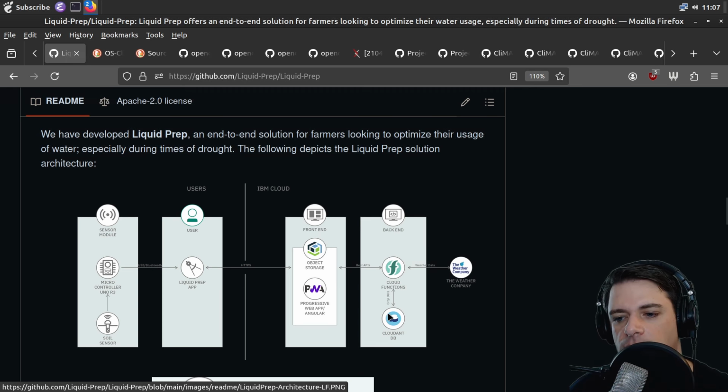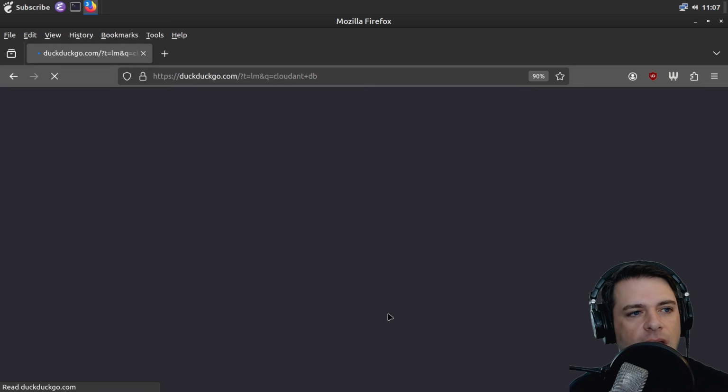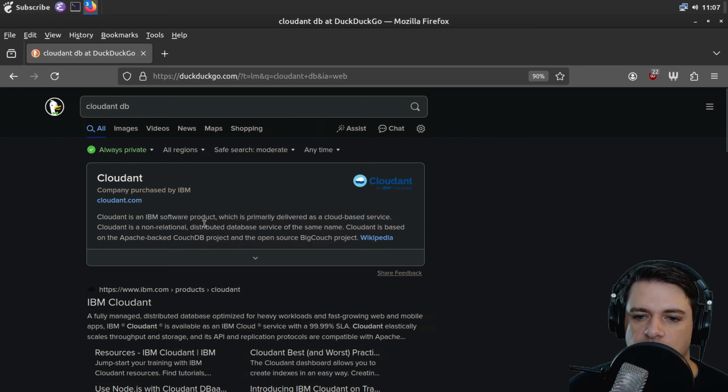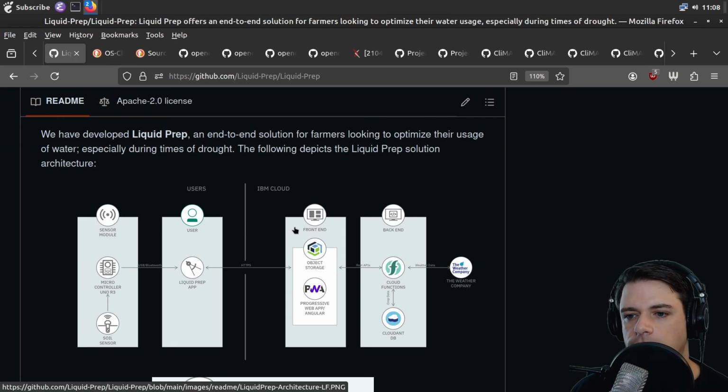Cloudant DB. I like that there's ants involved. Cloudant is an IBM software product which is primarily delivered as a cloud-based service. It's some database, it looks like, based on CouchDB. Okay, so this is cloud in the sense of large computers, not in the sense of droplets of water in the sky. And there's some front end, which has some object storage like AWS, and a progressive web app,